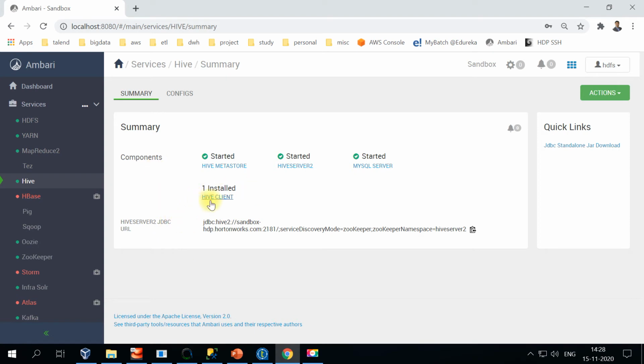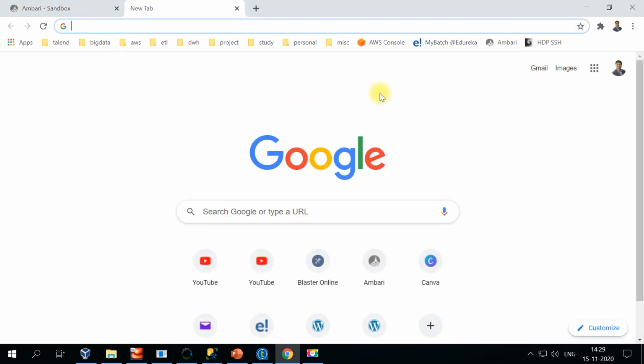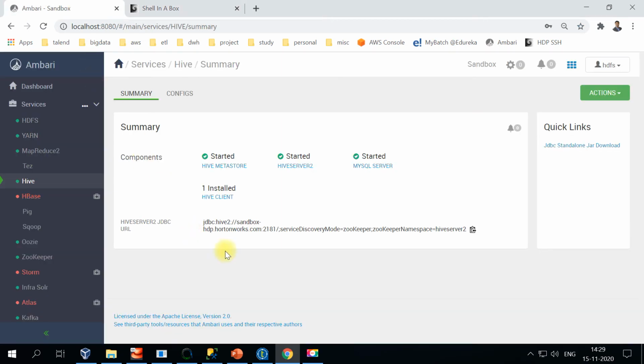By default, it will also have a Hive client, but it's not very user friendly. You can even access the Hive database using regular SSH, by logging into the Hive account and querying directly on the SSH. But it's not very user friendly, so we always go with some external SQL client.